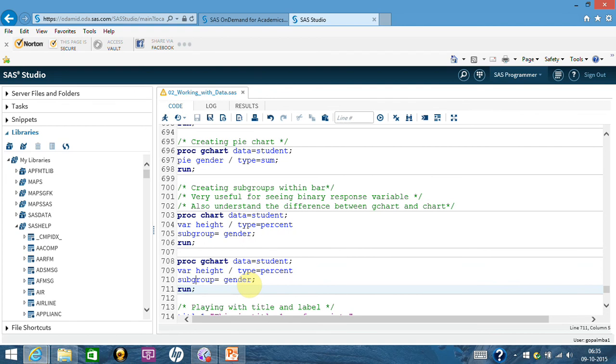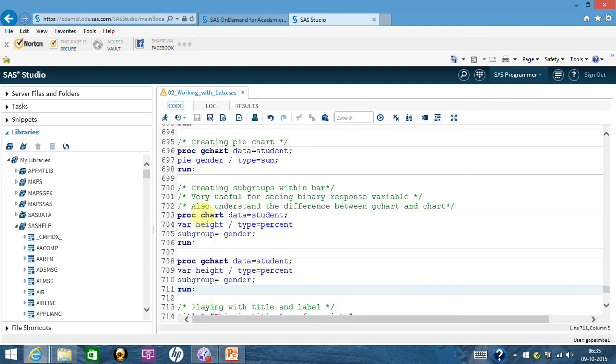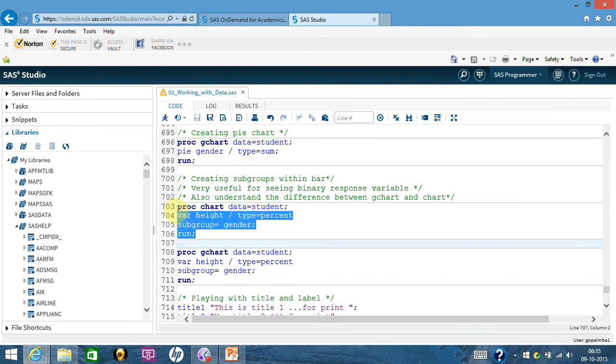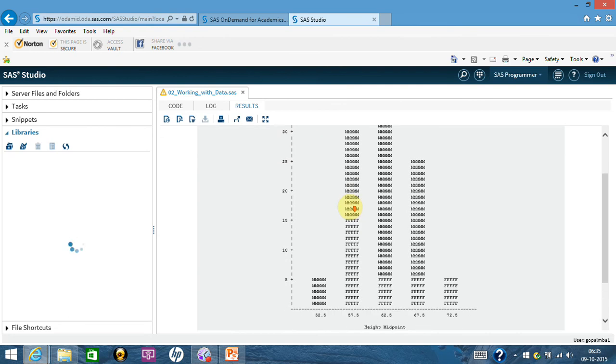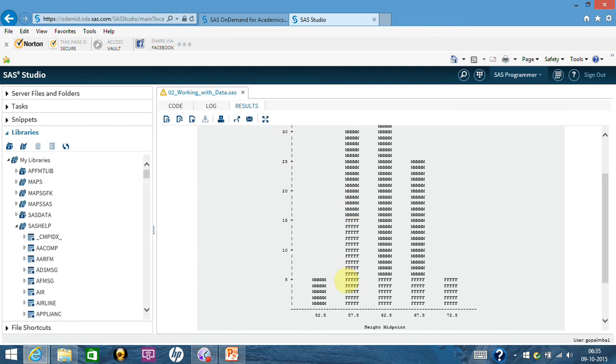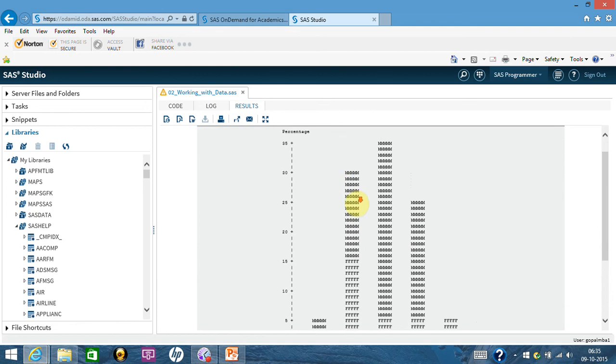Now I will show you that proc GChart produces a colorful chart here. If you forget to put G, just put the proc chart. Let's see what happens. This time the graph will not be colorful, as you can see, and it is using the text. So if you think of it, it is putting FFF here, MMM here.